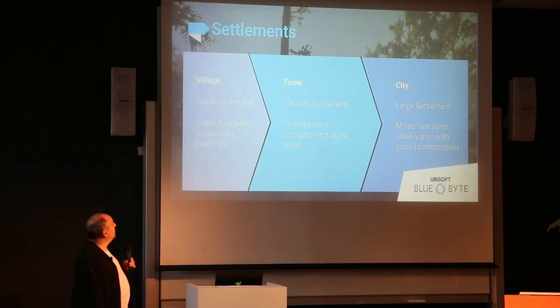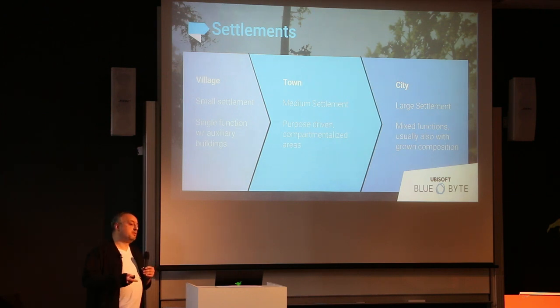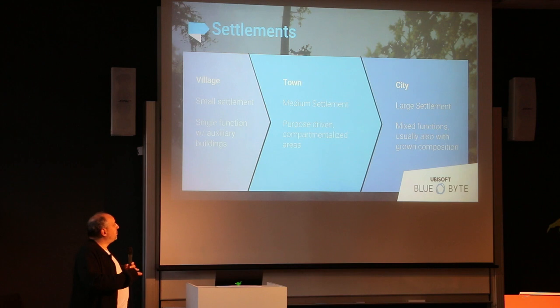So you have the smallest one, which is a small village. It's just a very few buildings close to each other. It's usually built by having one or very few function buildings. From the example we had before, basically a mine or something like this. And maybe there's a few auxiliary buildings around that, so meaning some living quarters and maybe a tavern or something. The next step, and you will need to handle it differently if you want to procedurally create that, would be